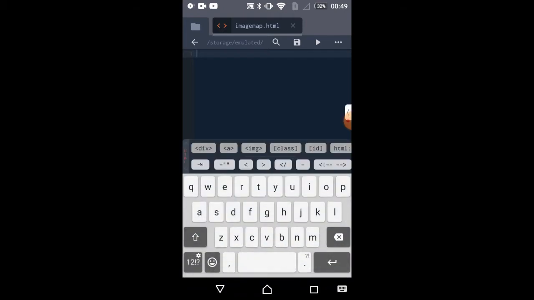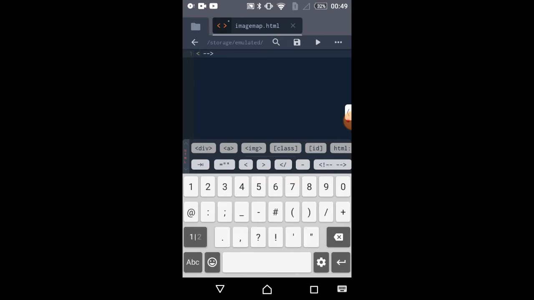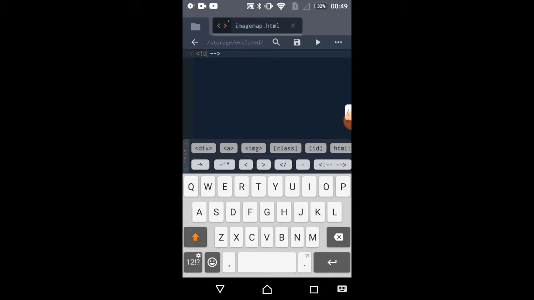So after that, to start with, we have to write the basic HTML code, that is doc type. So I'm starting writing the basic HTML code. So write doc type, then HTML. So this is the basic which we use. Doc type is used in HTML file. So after that, open HTML tag, then close it. As you can see, the HTML tag is closed automatically as soon as I close the HTML open tag.